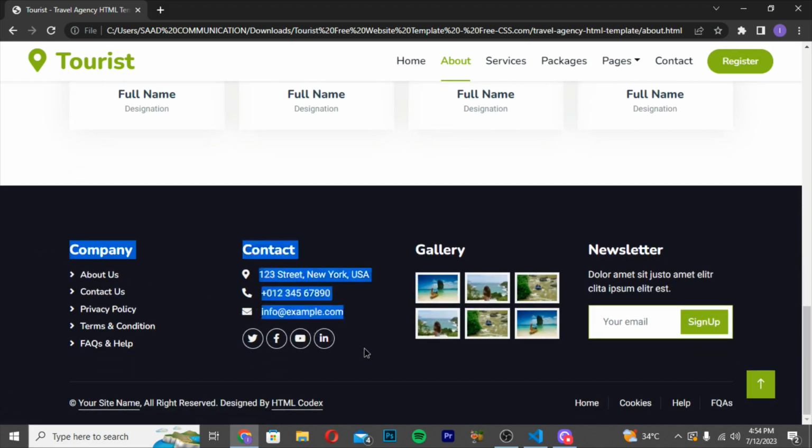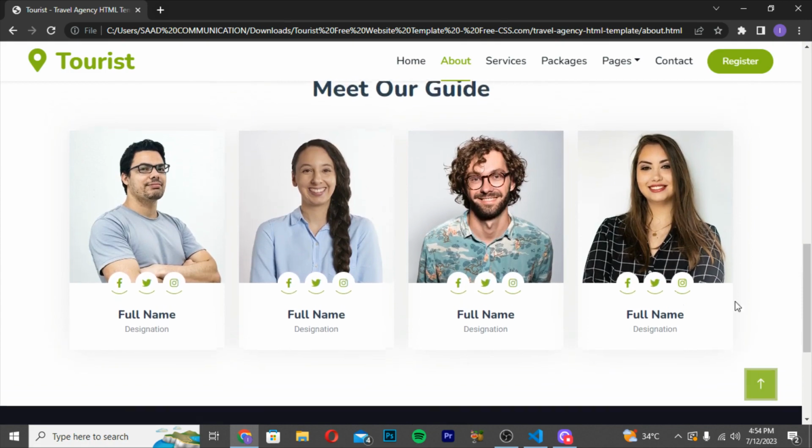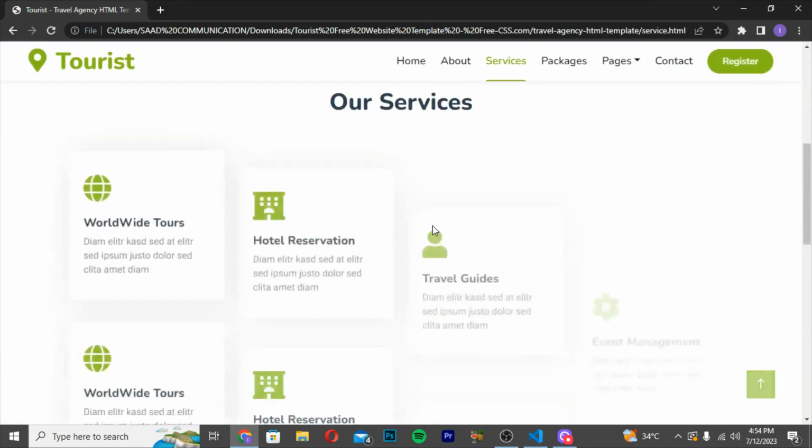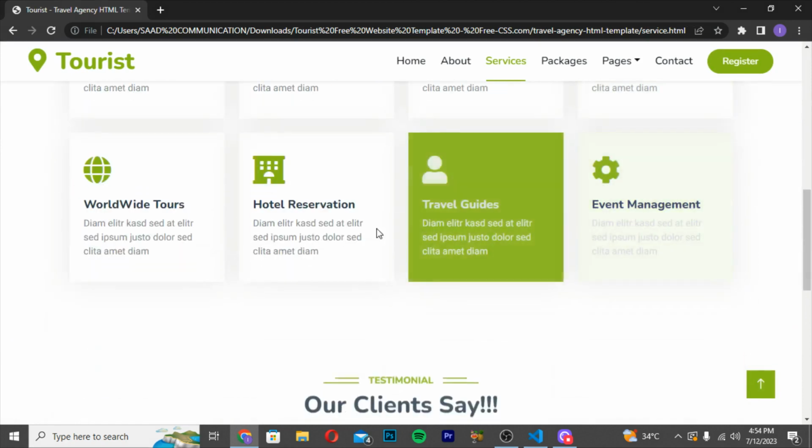Then these are the footer sections which we are getting: contact, gallery, newsletter, and then this is the copyright section. Then if I move to the top, it will be taking by this arrow, you can move to the top. Services section. Here it is, you will be getting all the services